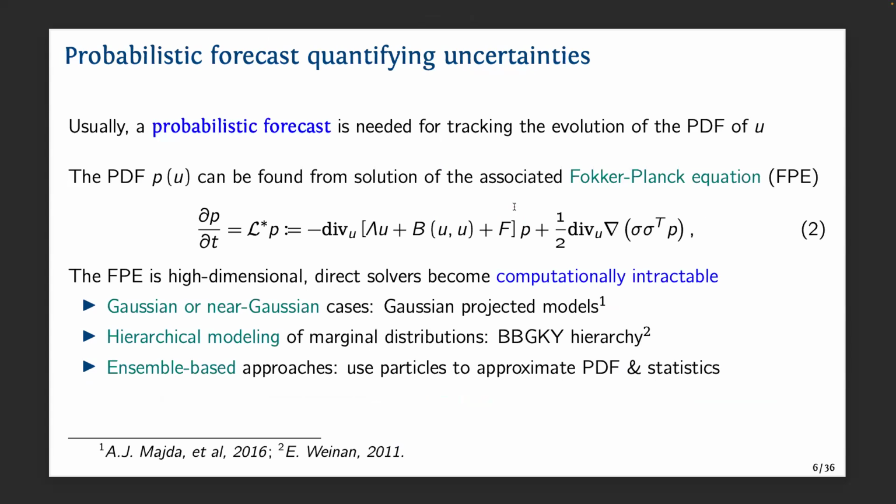So this is the most straightforward approach to find the PDF of U. That's to write down the Fokker-Planck equation. So it's in the form like this, right? But it's to rewrite a high-dimensional ODE to a high-dimensional PDE, right? To make this problem even more difficult to solve. But still, there are some ideas we could use to address this, to directly solve this Fokker-Planck equation.